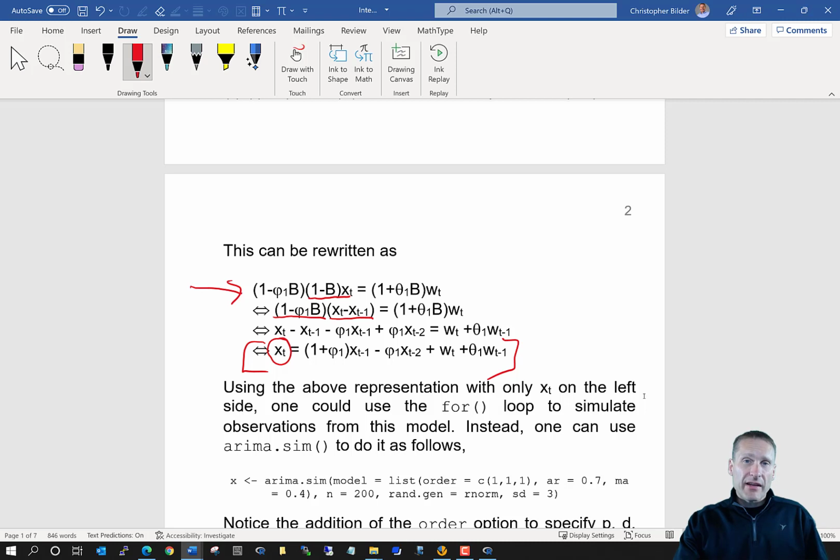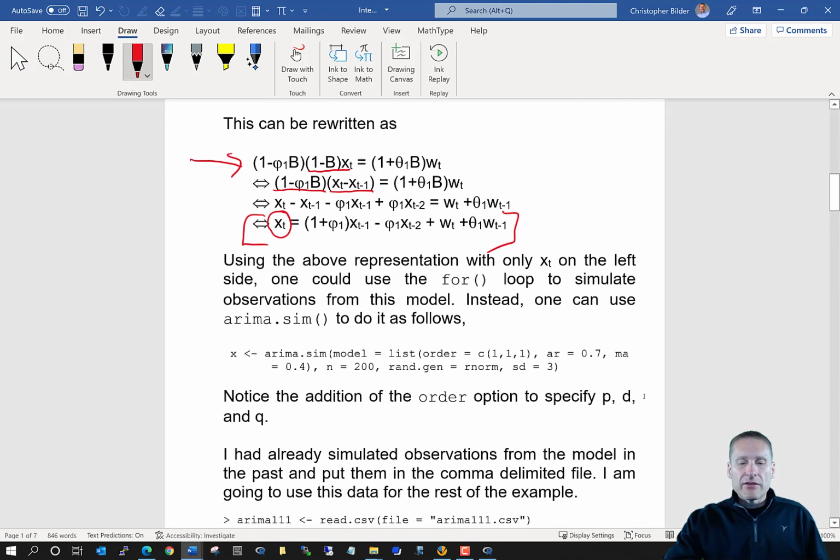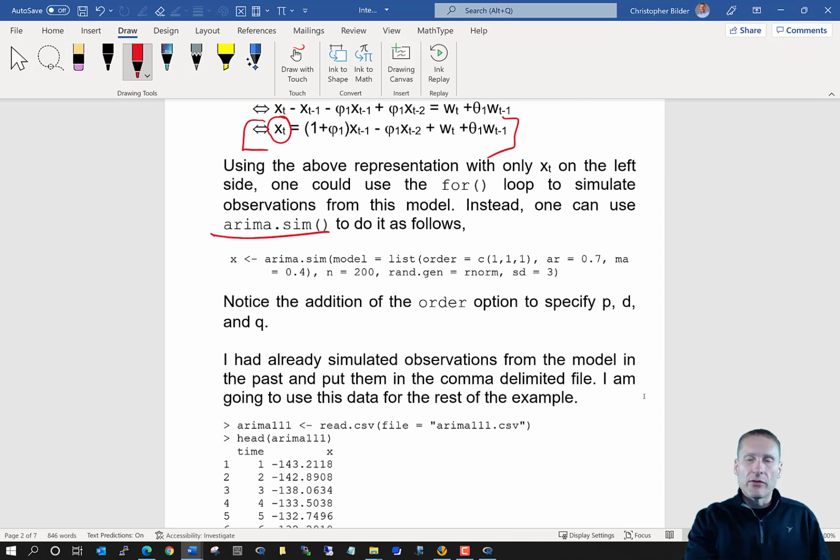And if I wanted to simulate data from this model, well, I could use a for loop similar to what we've done before to get our x of t. Instead, I can use the arima.sim function to do it for me. So the way I can do this, I say x gets the results from arima.sim. I have my model argument as we've seen before. In my list for this model argument, I have my AR parameter, I have my MA parameter, and now I've introduced a new argument called order, which specifies the